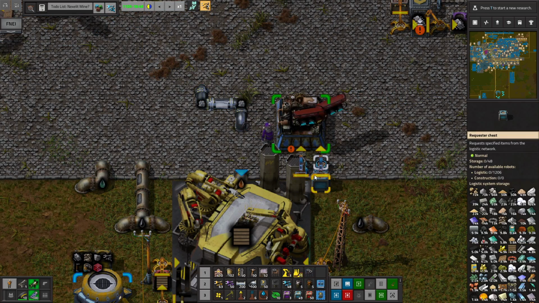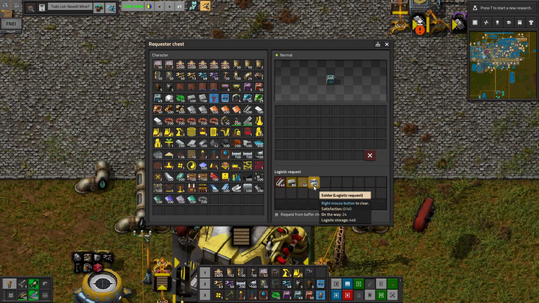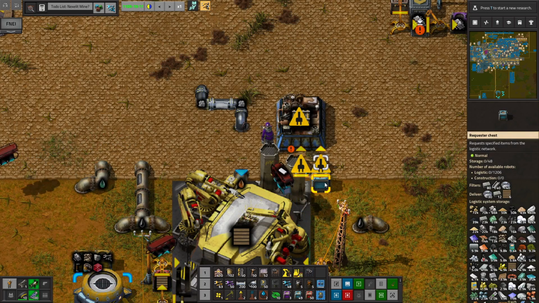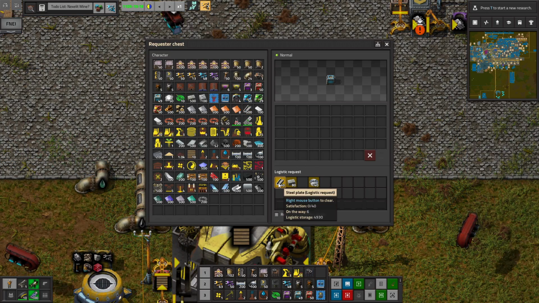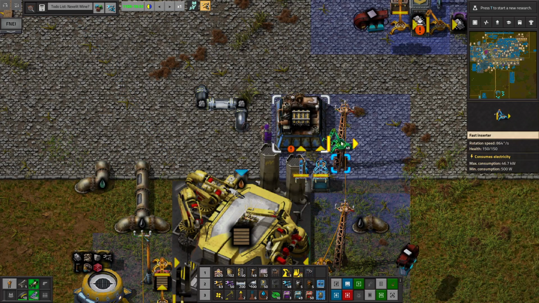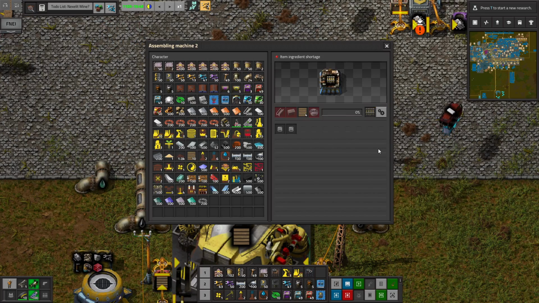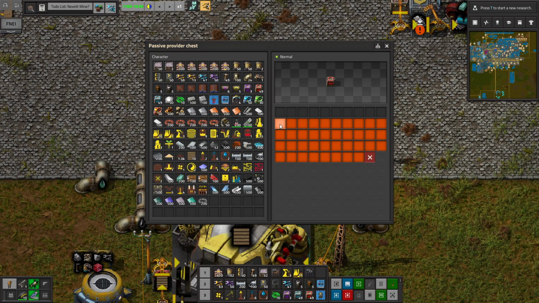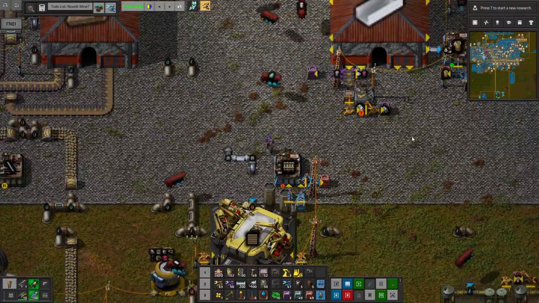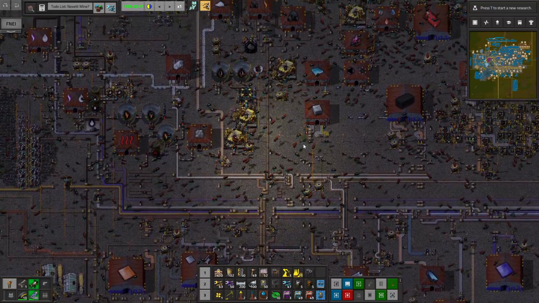Requester chest. Do some requests here. Take out the treated wood request. Am I out of steel? No. Okay, I'm just out of bots. I did already know that. And we will put those in provider chest. Stacks to 100, so we'll start with 1,000 rails. That will build up. Can't believe our bots are still